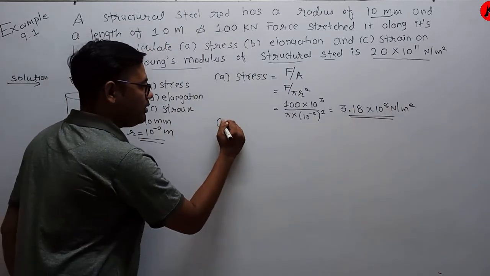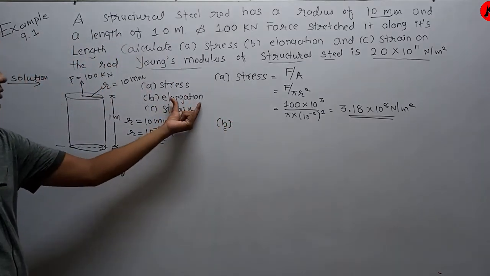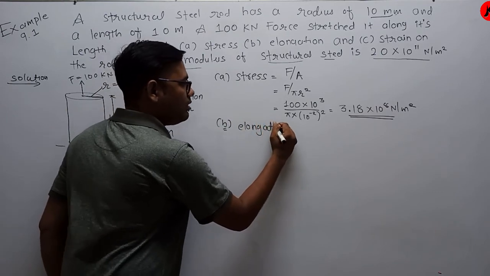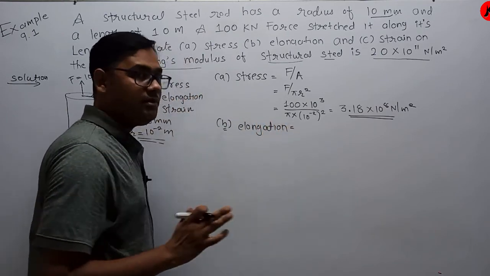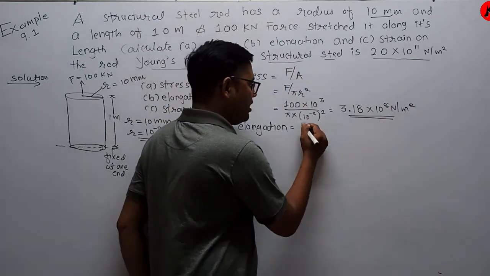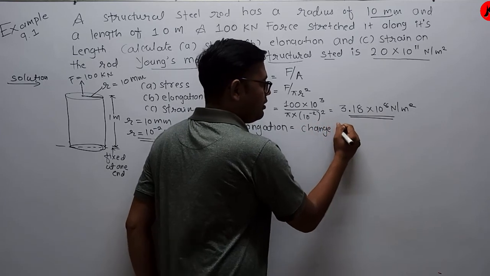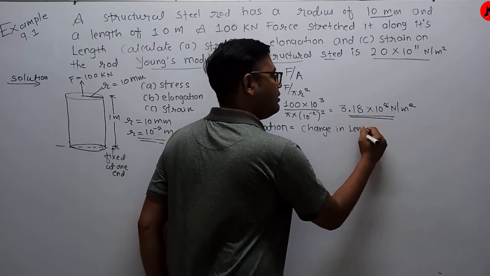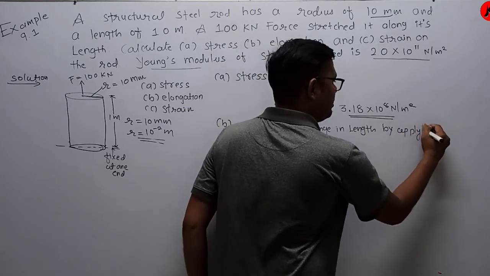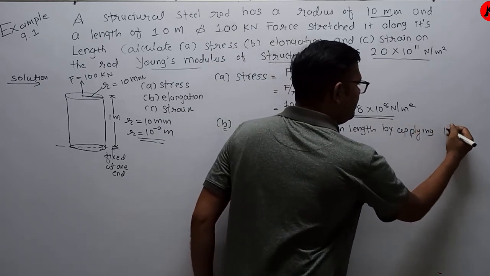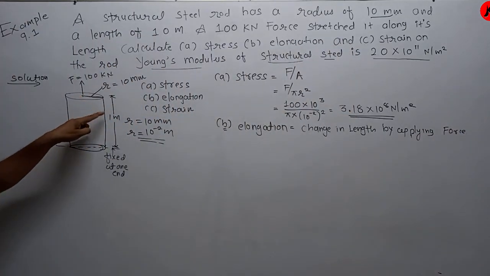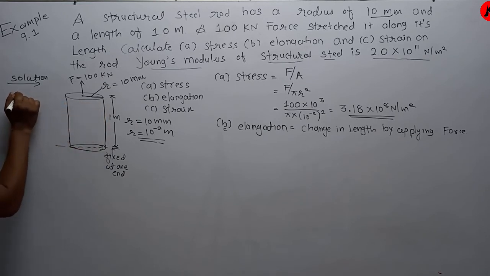Now B. Here what do we need to calculate? Elongation. And what do we mean by elongation? Elongation is nothing but simply the change in length by applying force, right? Here if we apply the stretching force, it may be possible that the length of the cylinder will